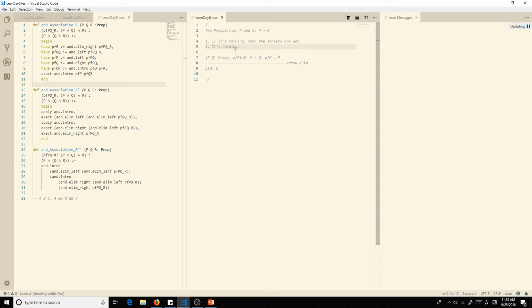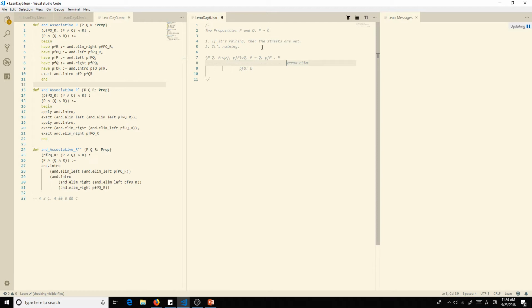And so basically, we're gonna try to put this into Lean. All right, so we have two propositions, P and Q, and we have a proof of P to Q, and that's P implies Q. We read this as P implies Q, and we have a proof of P. And what we're gonna get out of this is a proof of Q. Let me slide this over so it's in the middle. And we're gonna call that arrow elem.